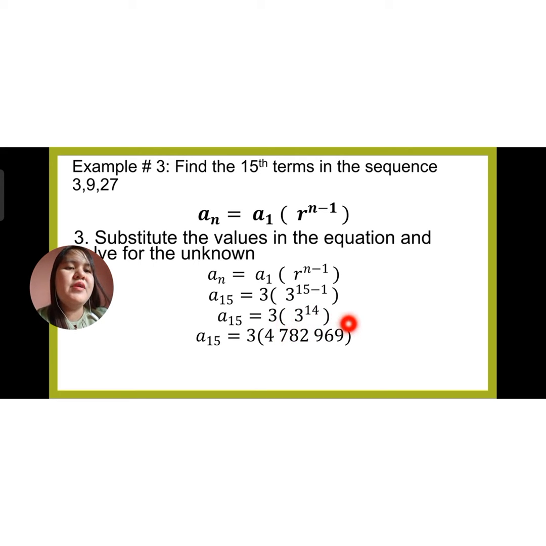4,782,969. So, si 4,782,969 will be multiplied to 3 para makuha yung ika-15 term. So, if we multiply them, ang makukuha na natin ay 14,348,907. Ibig sabihin, doon sa ating sequence ng 3, 9, 27, ang ating ika-15 term ay